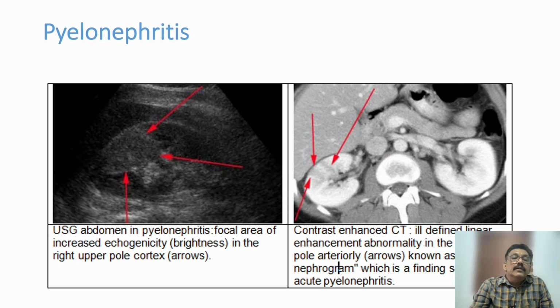Especially you can go for ultrasound and contrast enhanced CT. One of the problems we face during pyelonephritis is that contrast is sometimes difficult because of elevated creatinine; contrast may not be possible sometimes. But ultrasound itself can pick up pyelonephritis most of the time. Depending on the clinical features, we can give antibiotics, and once you treat the infection and the creatinine becomes normal, then you can go for contrast enhanced CT scan.